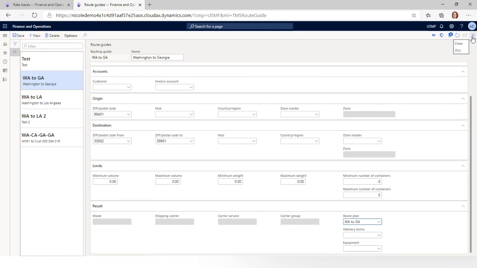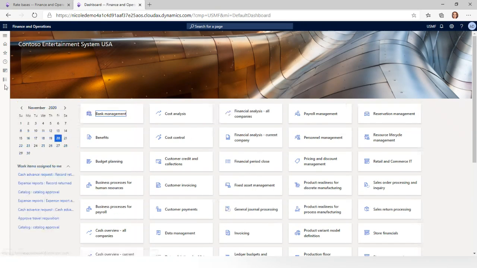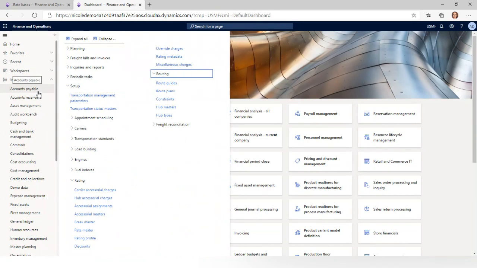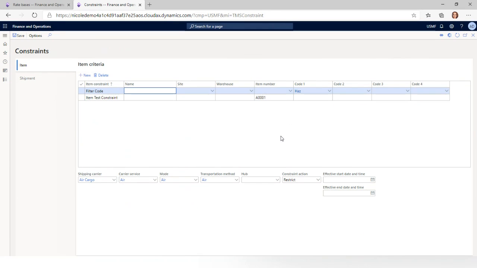Okay, and then finally, our last tip that we were talking about was constraints. So let me show you where those are set up. We're in transportation management setup, and under the routing tab, we've got this constraints form. Here you can see on the left-hand side of the form, I've got item level constraints and shipment level constraints. If I look at just the item level constraints, you can see I've got an example